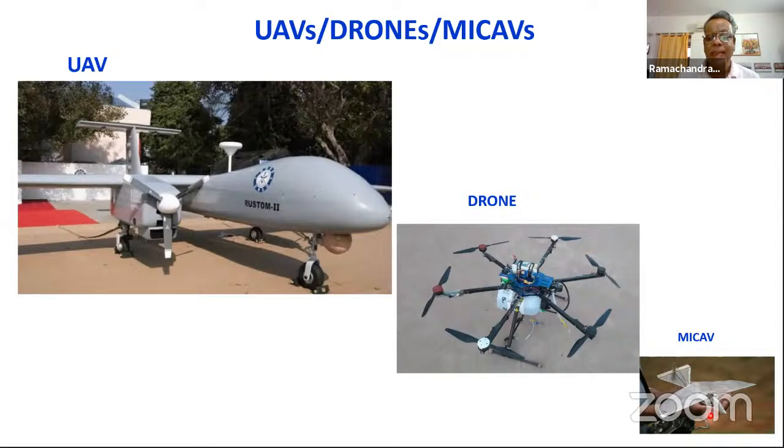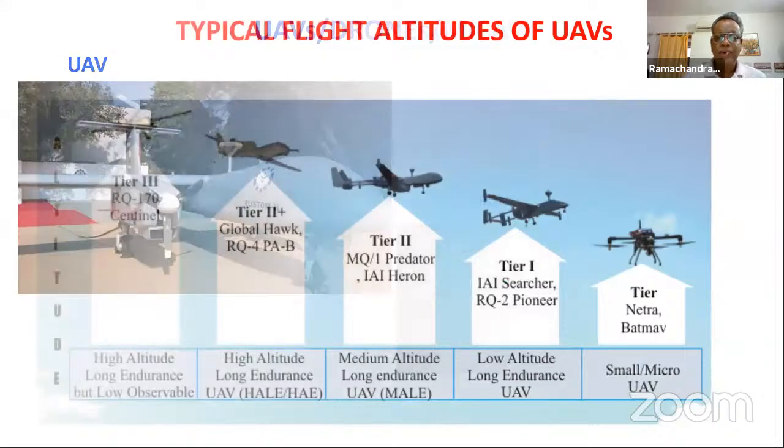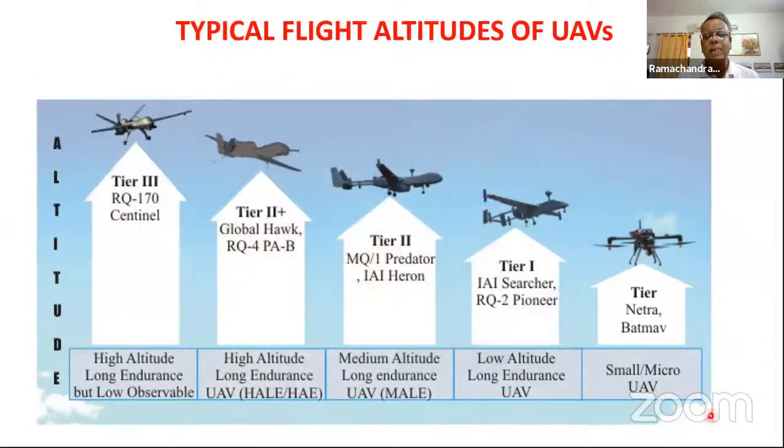And they are the MICAVs, or nano air vehicles or micro air vehicles. So this is the typical definition of the system. And within the drone, I mean, within the unmanned aerial system, UAVs, or they are also sometimes called UAS, unmanned aerial systems, we have different sizes and functionalities, and these different types of